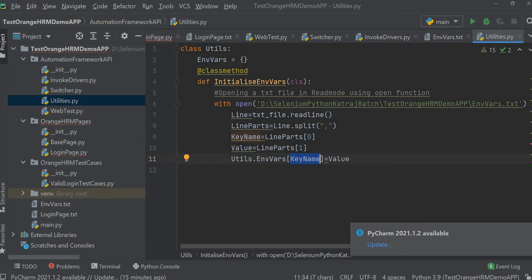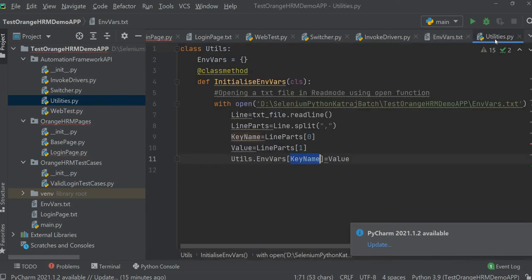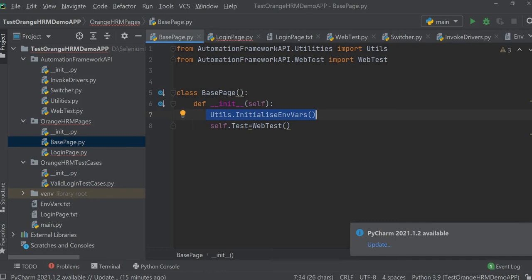Firefox driver path will get stored against the Firefox driver key name, and application URL http://google.com would be stored against this key in a dictionary, right? Then our execution will come back to this base page, and it will create our web test object.